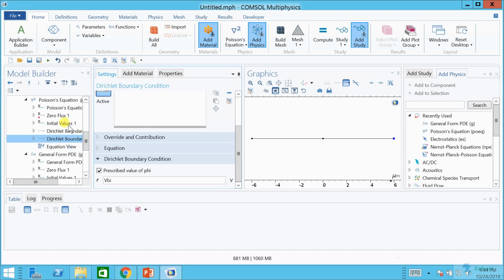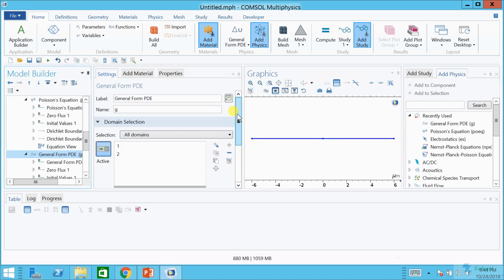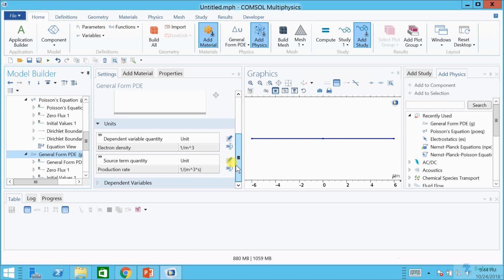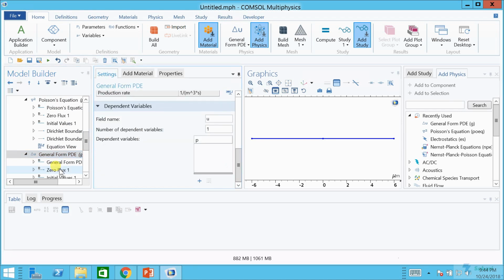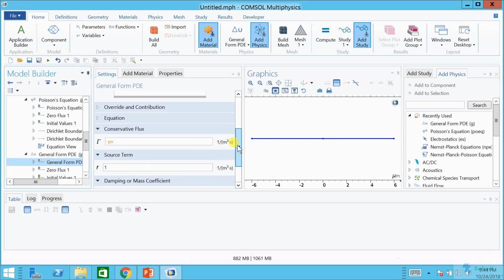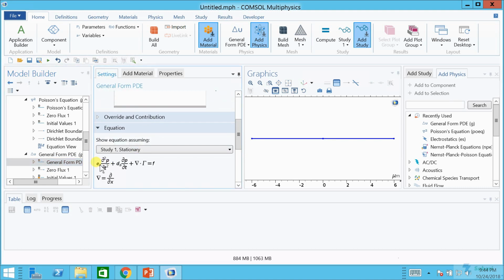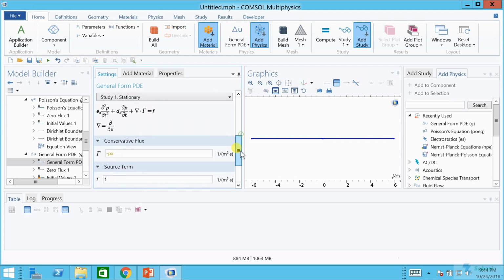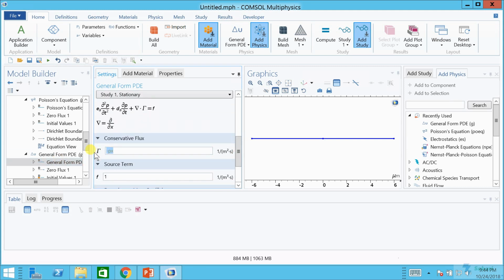Now we finish the Poisson equation. Next we are going to the general form PDE, where I'm going to model it for the P region. Here in the equation I don't want this term, so I'll make EA to be 0 and DA to be 1, so that dP by dt plus del dot gamma is equal to source. Source is 0 because there is no generation or recombination, and in gamma I'm going to enter 2, that is a drift term